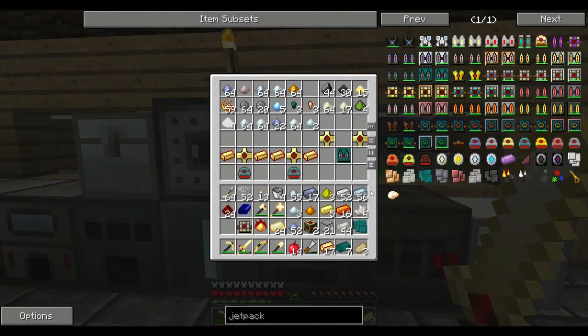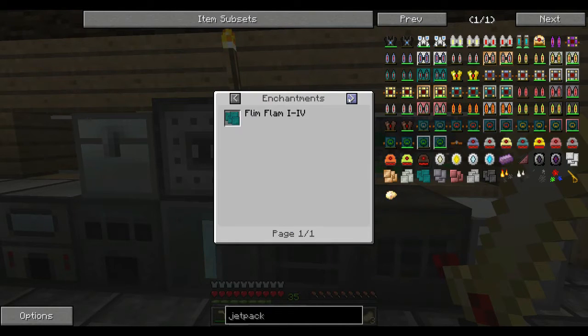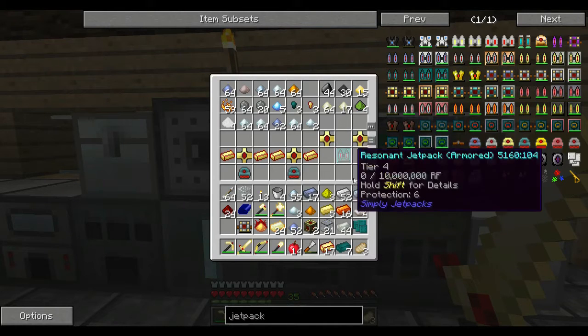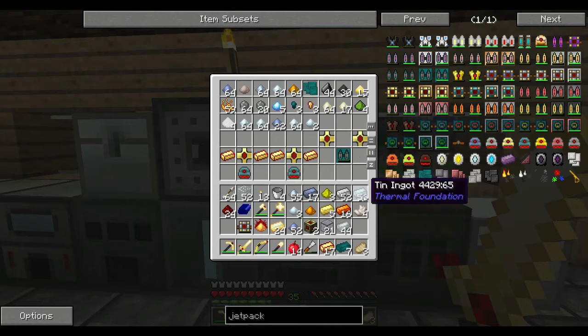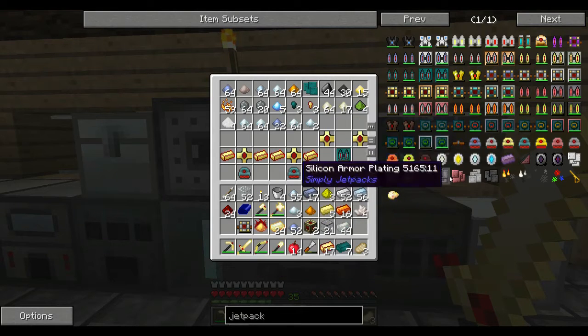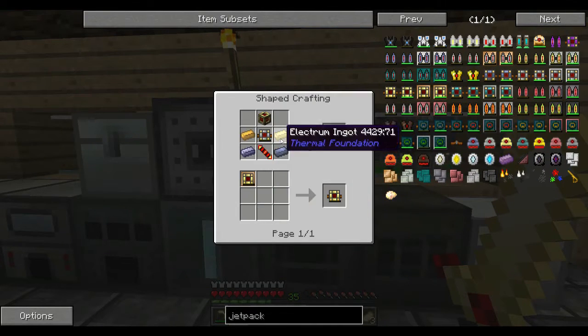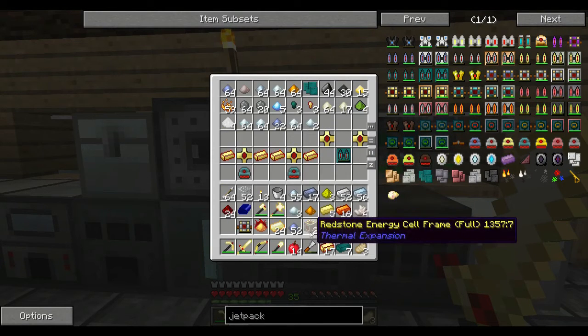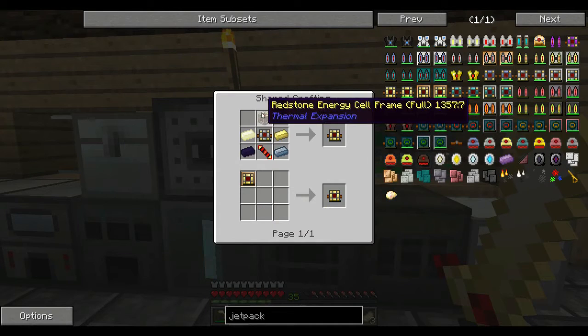So I still need to do this resonant pack, and I went too far with the Invar armor. Can I cook this back out? Nope. Oh well, I'll make Invar armor in a minute. Whoops. Got a spare Invar armor. So I went up to hardened. Next one's redstone, which I needed to make a redstone energy cell for. So I'm getting through it